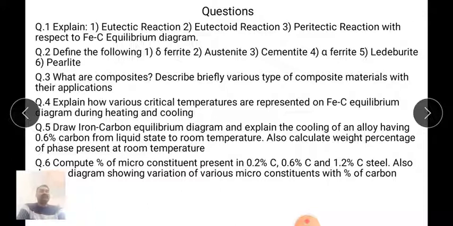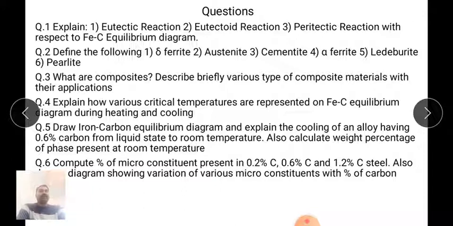Curie temperature of the cementite. One of the tables we have studied for the critical temperatures in the iron carbon equilibrium diagram, and that table you can very well use to explain the critical temperatures in a representative manner. A0 is the critical temperature of cementite, A1 is the lower critical temperature for formation of the eutectoid reaction, then A2 temperature is the Curie temperature of alpha ferrite. Then A3 temperature is the upper critical temperature.